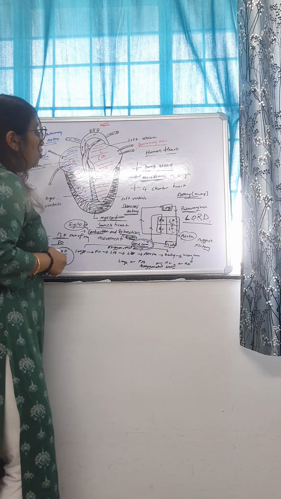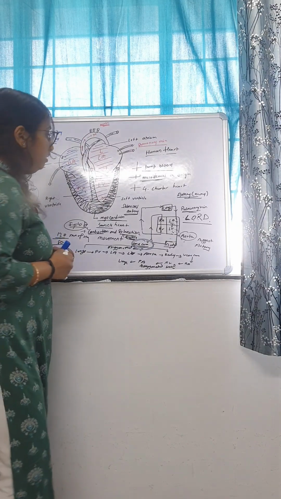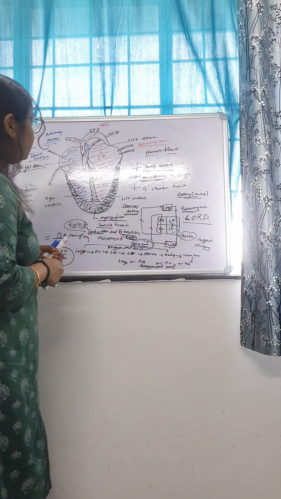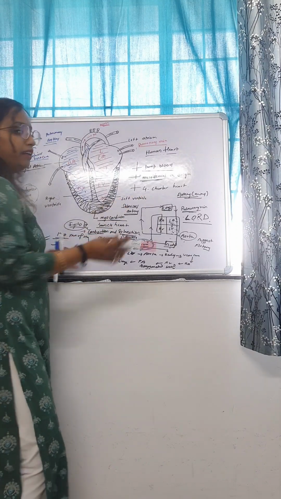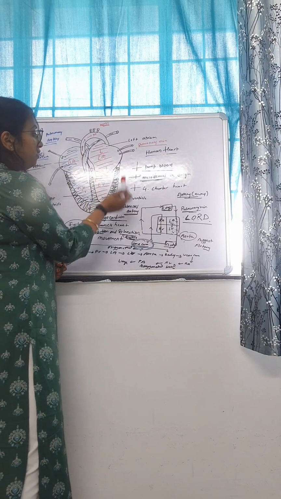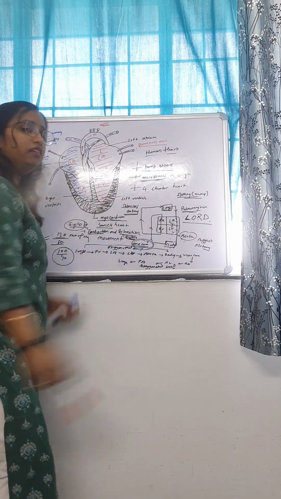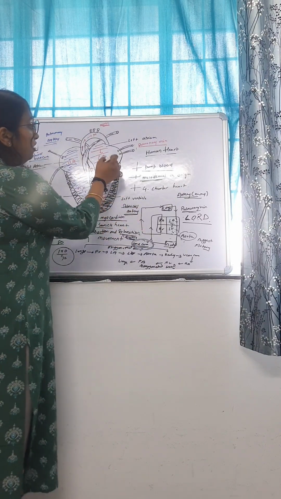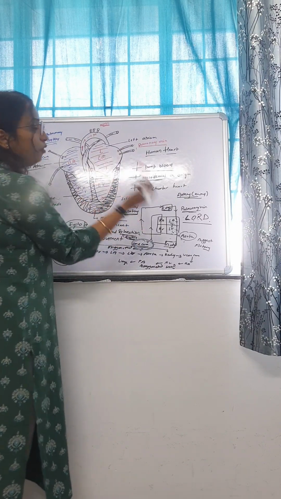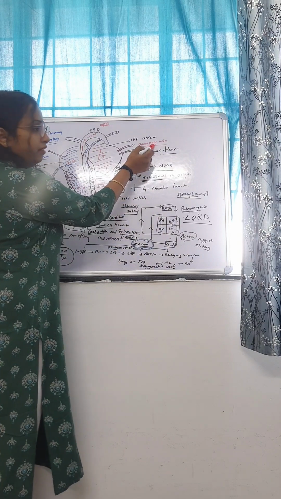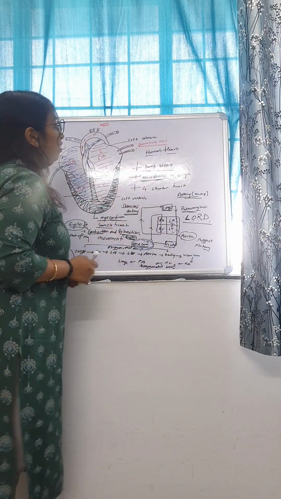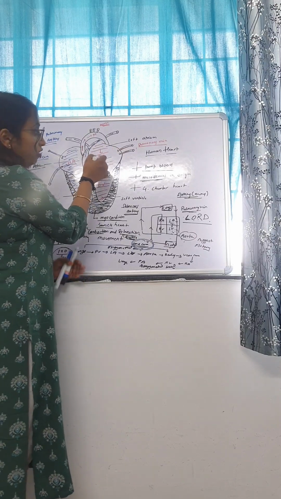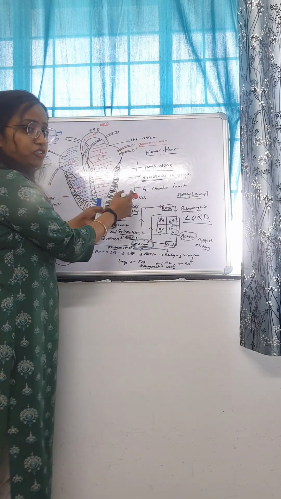Correct? So this is the whole heart cycle. Let me explain it again so that it will become easier for you. The human heart has basically 4 chambers, that is left atrium, left ventricle, right atrium and the right ventricle. First of all, the left atrium is receiving blood. From where is it receiving blood? From the pulmonary vein. The pulmonary vein is coming from the lungs. So from the lungs the left atrium receives the oxygenated blood, and it gives that oxygenated blood to